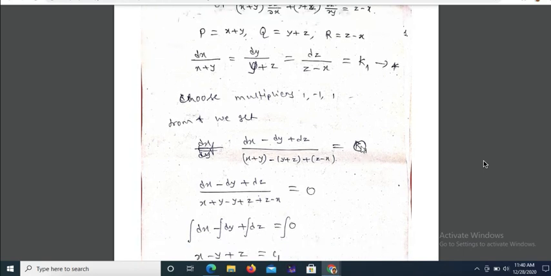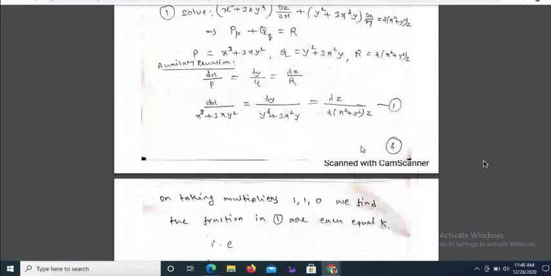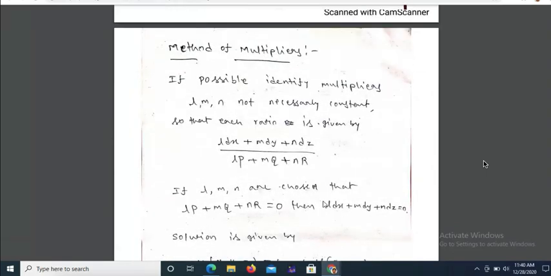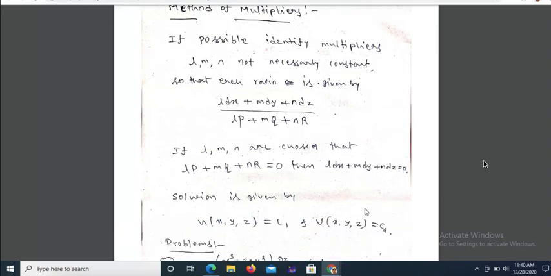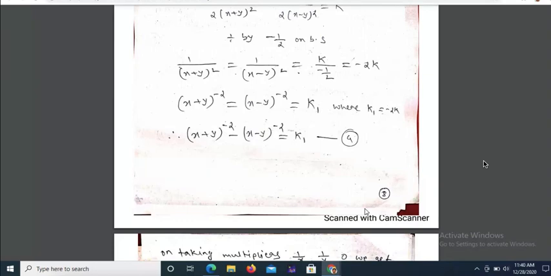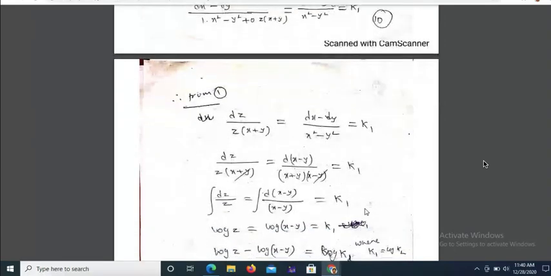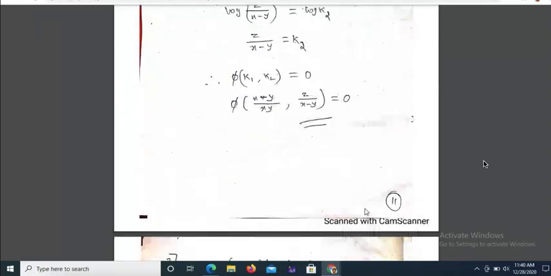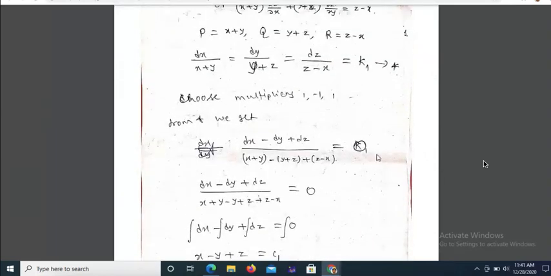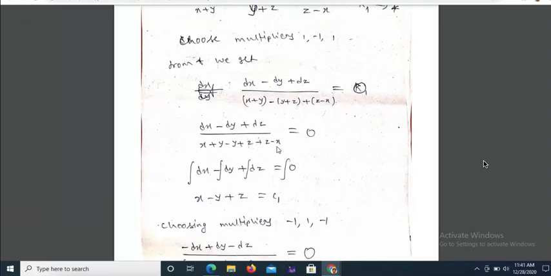As earlier we discussed here, if you select it, it is 0. So we can take this value as 0. That is the easiest way. But choosing multipliers depends on you. I can choose any other multipliers also. If you select them and you are getting 0, that is so easy for you then. So I selected the multipliers 1, minus 1, 1 to make it 0. My intention is also to get 0 there. So then it is so easy to integrate now.